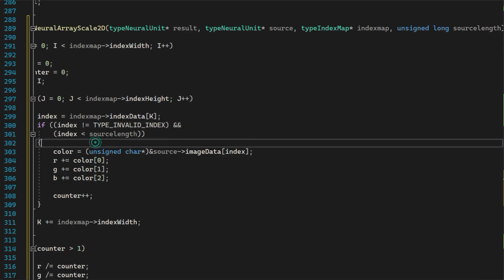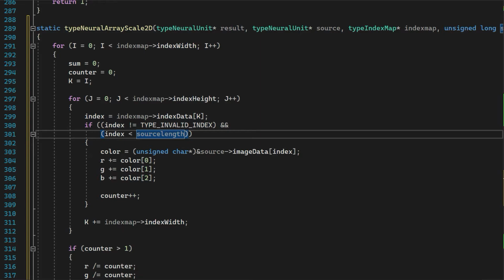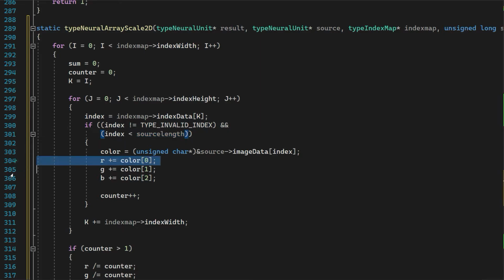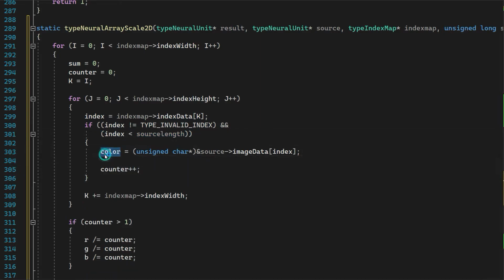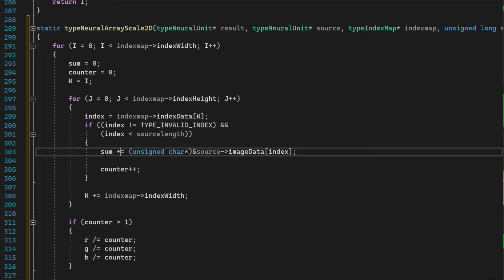Okay. Color. It's not color. There's no color here. Source. Sum plus equal. Sum plus equal. No. Sum equal. No. Is it equal or no? It's sum plus equals. Not unsigned char. No. Source